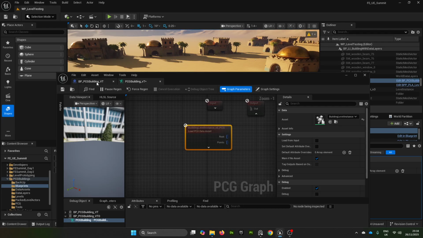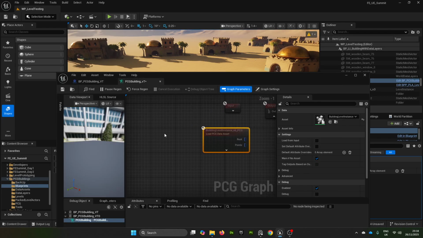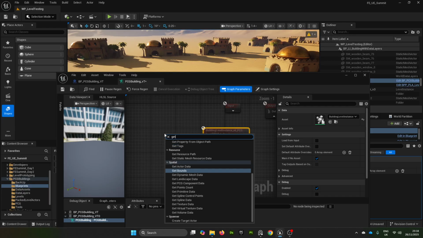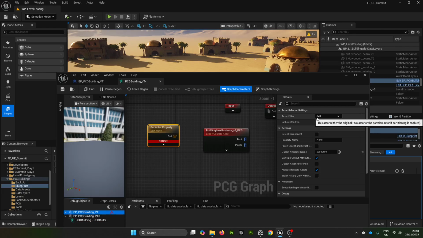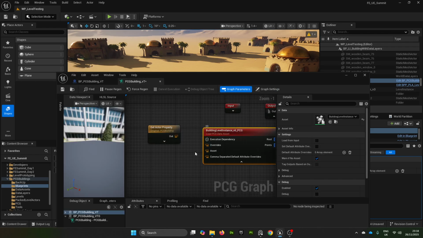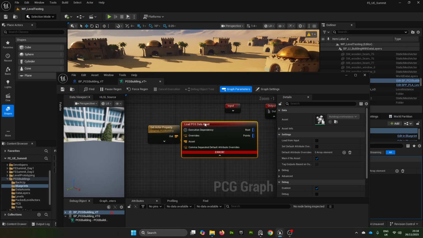Now what we can also do is go and get some of the actor properties. So we can go get actor property, and we can start to extract some of the properties out of our PCG elements from here as well. We can say we want to reference the original geometry that's here, and we're going to call this PCG building. I can plug this in as an asset here like this,